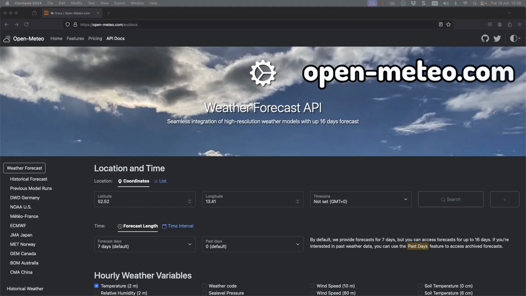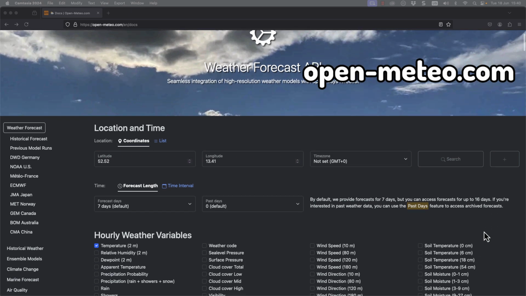You're probably going to be able to find many weather forecasting APIs out there on the internet, but do make sure you can find one where you don't have to pay. Paid ones might be a little bit more accurate and a little bit more flexible, but if you just want to get used to using APIs, then finding one that is free to use is probably the way to go. Here we're using openmeteo.com, and we can see that we've got the documentation open.